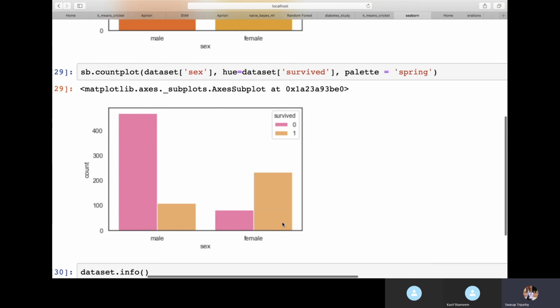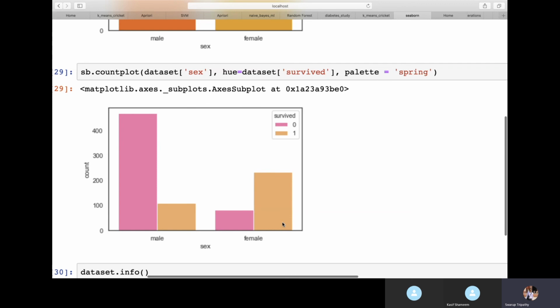So that's also true to life. If someone has more money, they can give the money to get a lifeboat. The main reason why people died in Titanic was because there were very limited lifeboats, and everyone was not able to get to a lifeboat. People who had money got the lifeboat first. So that's where here also we can find out that P class 1 people survived most.